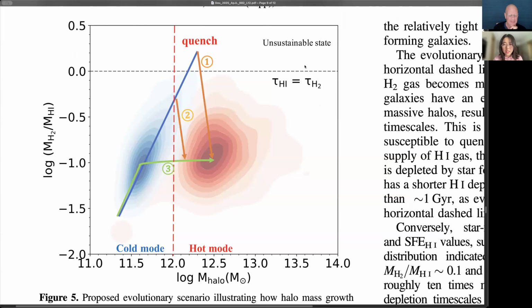And at the same time, the halo mass for these systems has already entered the hot mode, which is proposed by the halo quenching scenario. So the gas is shock heated and the cold gas supply is cut off. So yeah, it will also make the galaxy more easily quenched. So the galaxy basically will evolve along route 1, and quickly join the passive population.